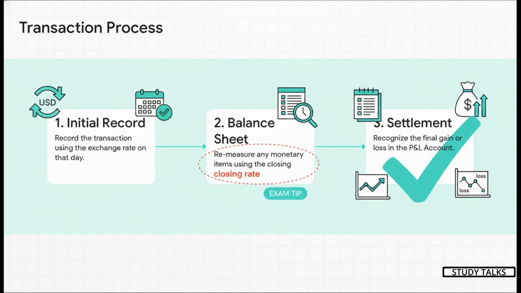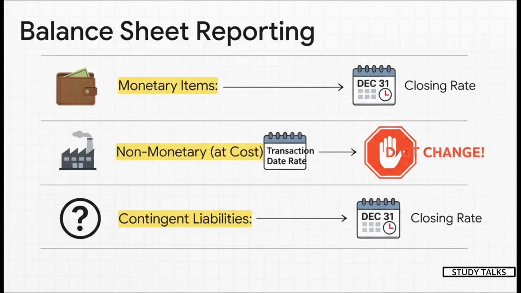First, you record the transaction using the exchange rate on that day. Simple. Second, at the balance sheet date, you remeasure any outstanding monetary items at the closing rate. And third, when you finally pay up, you recognize the final gain or loss. Now let's really focus on these golden rules for the balance sheet date, because this is where students often get